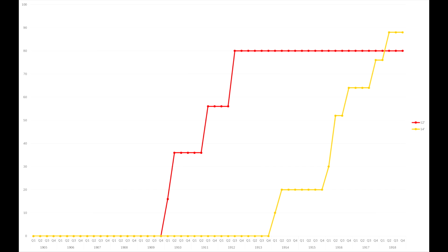And then there's a little bit of a gap, and then the 14-inch guns start to arrive with Texas and New York. And then, as you can see, there's a little bit of a plateau, and then the Nevadas come in, and it just starts going up and up and up. And interestingly, that means that it actually takes the Americans the longest to overcome their initial Dreadnought gun caliber, because